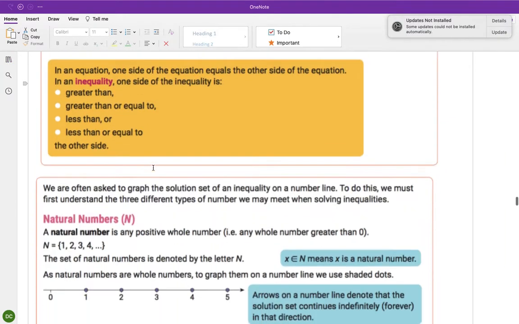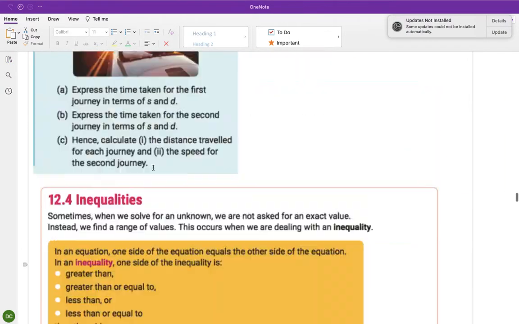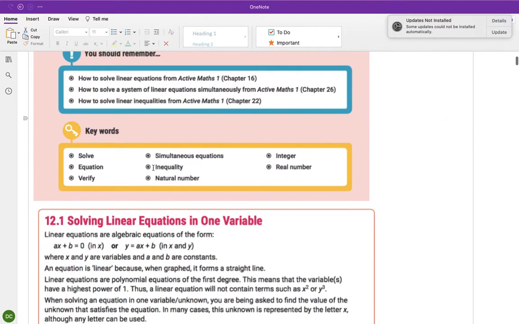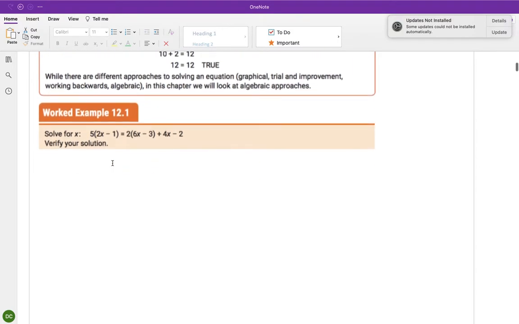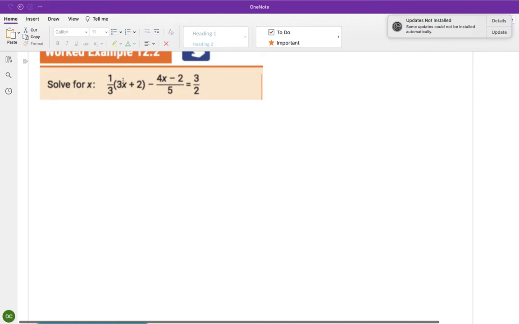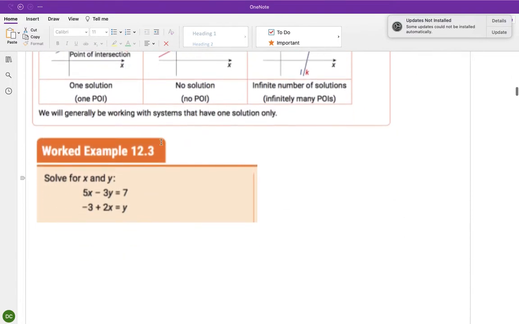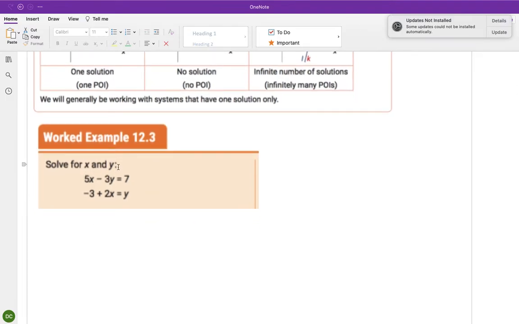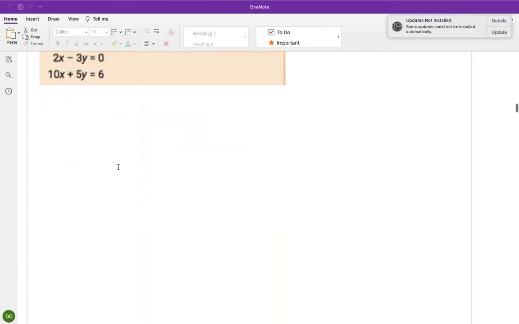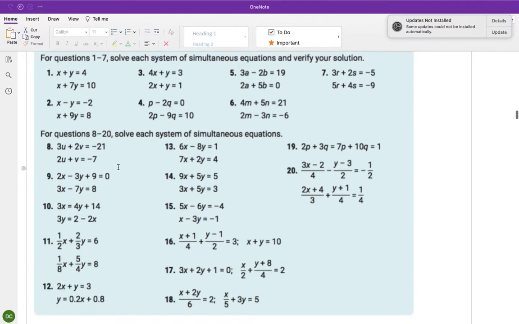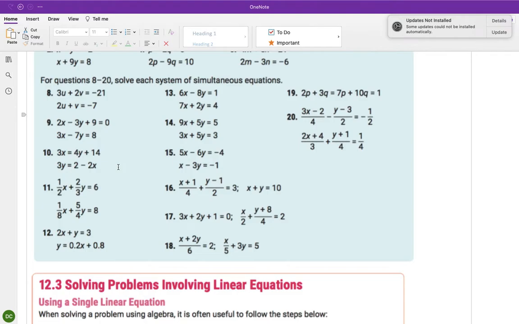And this is what I'm going to see is usually more in the higher level book. Just very briefly, this is the higher level chapter. It's split into 3. So they have just solving regular linear equations, which we've done loads of, the fraction ones, which we've done loads of, and then simultaneous equations, which we've done quite recently as well. Okay, so I'm not going back over them, but they're all there. I might give you one of the simultaneous for homework, particularly the one with the fractions, just to see how